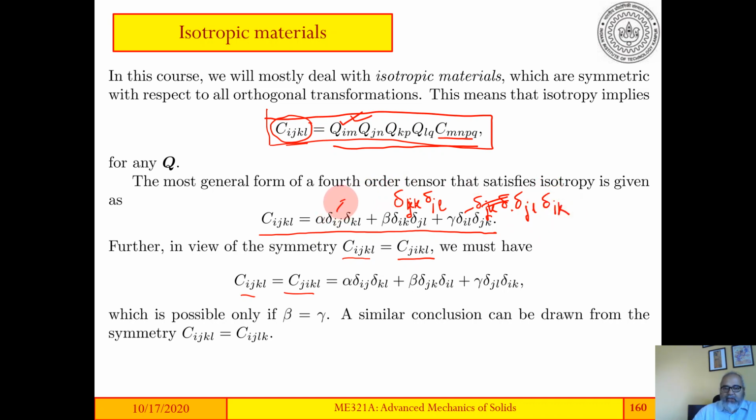This will remain delta ij because it's a symmetric tensor. So this is what you will get if you switch i and j, and obviously Cijkl and Cjikl are equal,